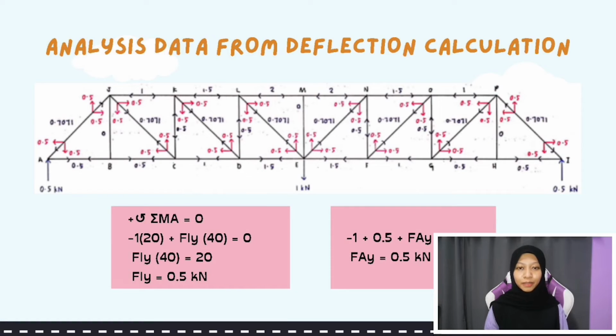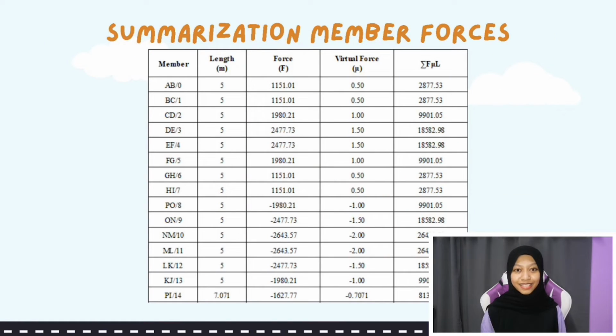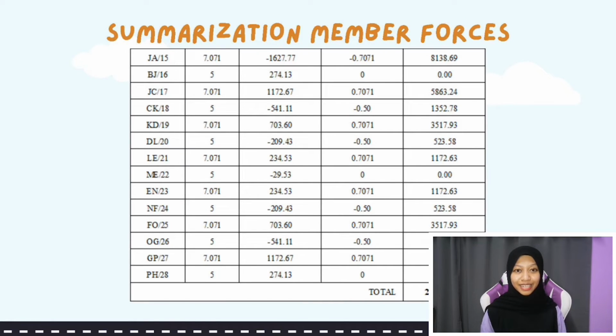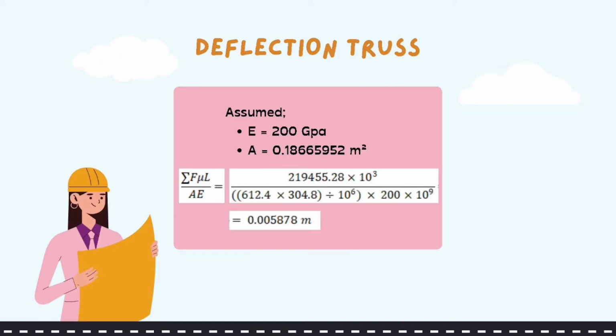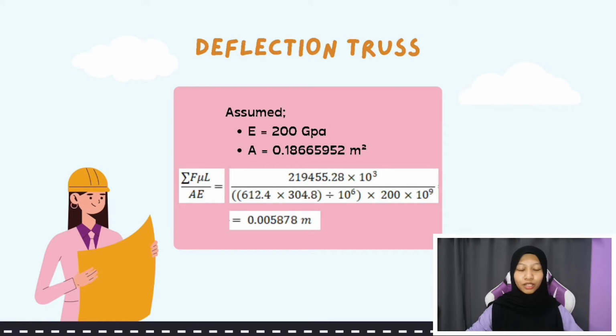For the deflection by manual computation, the first step is to find the support reaction at both support A and support I by using an equilibrium equation. The next step is to multiply the length, force, and virtual force for each member. Then, sum up the multiplication. The next step is to multiply the value of Young modulus E and beam area A by assuming E is equal to 200 gigapascal and A is equal to